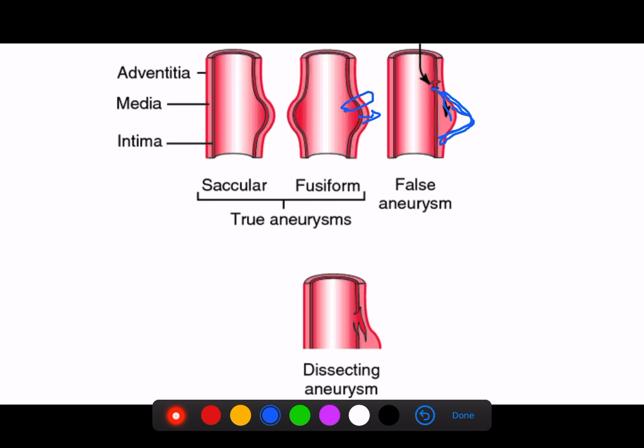Also, we have dissecting aneurysm, and it is the most dangerous type. The dissecting aneurysm is characterized by damage to the tunica intima or tunica media that leads to leakage of blood to the third layer, the tunica adventitia. This may cause, and usually causes, hemorrhage, leakage of blood